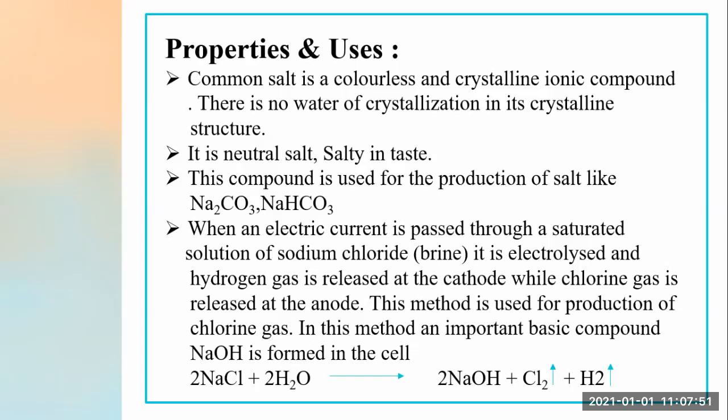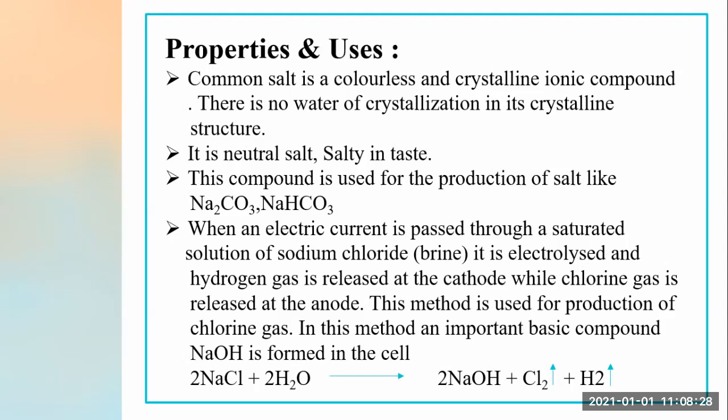Now see students, this whole point which I have just read out is nothing but an electrolysis process. Now what do you mean by electrolysis? See, if I take a container and put a saturated solution of sodium chloride, that is salt, in it. A saturated solution of sodium chloride is also termed brine. Then I put two rods in it, termed cathode and anode, and when I attach it with an electric cell, what is generated?